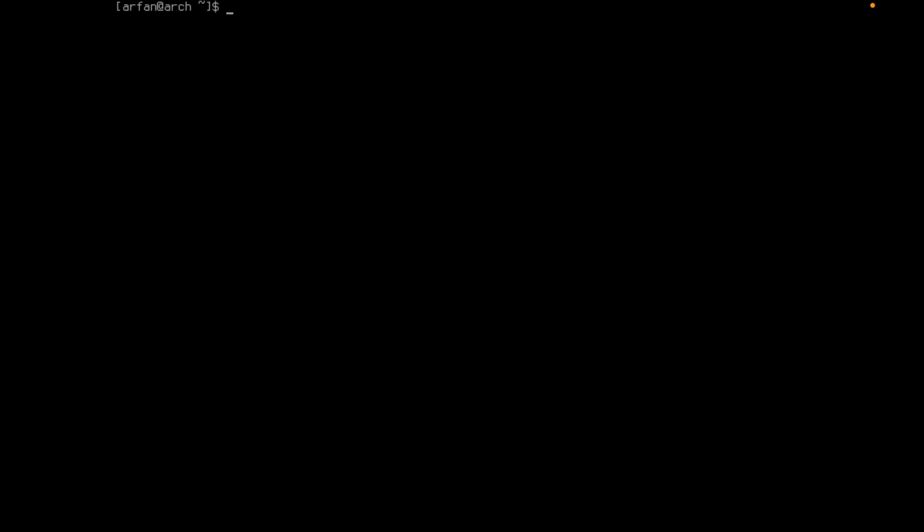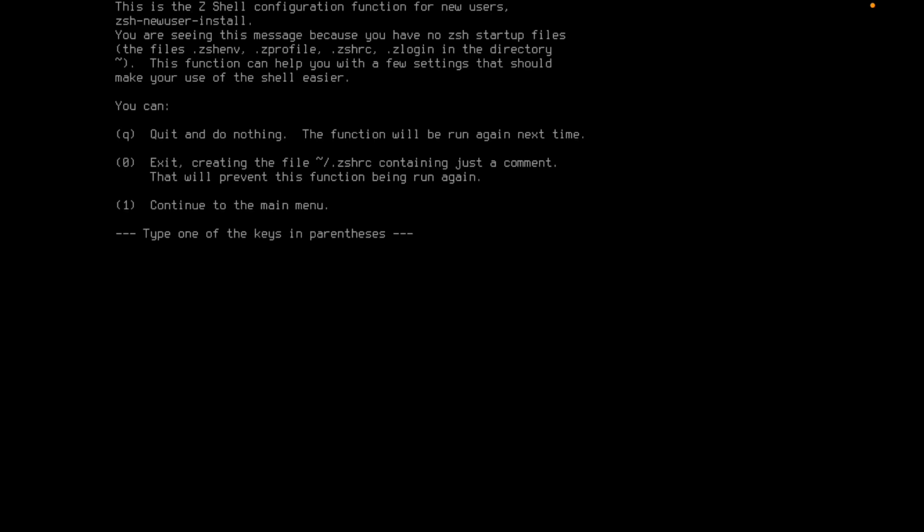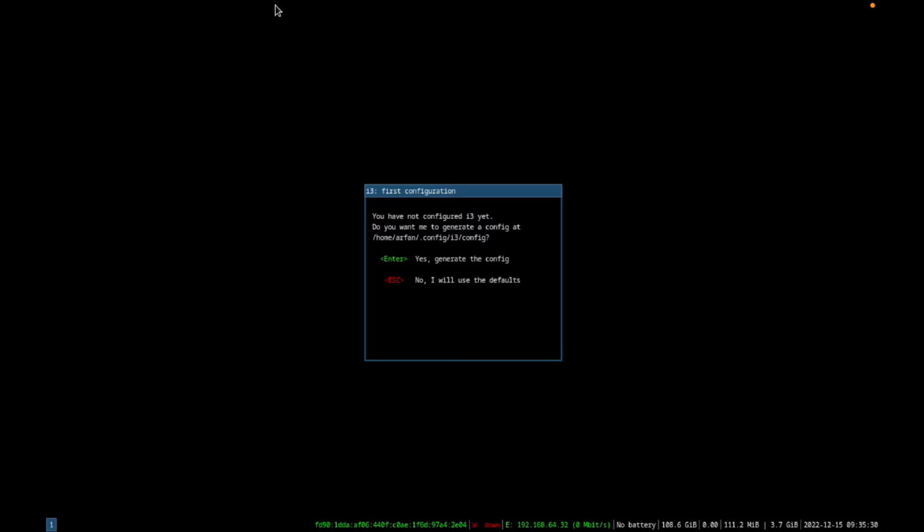And we are done. So you can type sudo reboot. Now log in with your created user, and this is the Z shell configuration, zsh config. Press 0, like that, and now you can type startx, and this is now the i3 setup, so you can click enter,